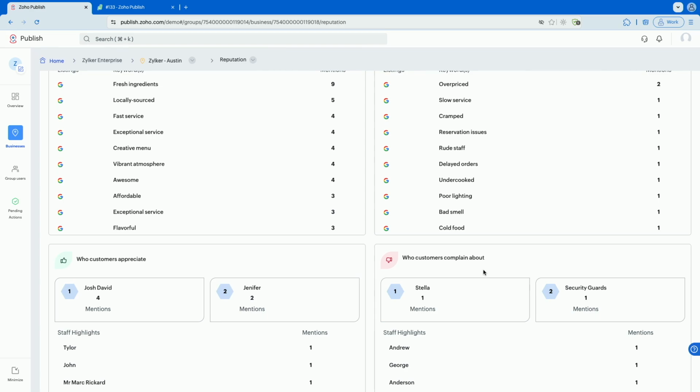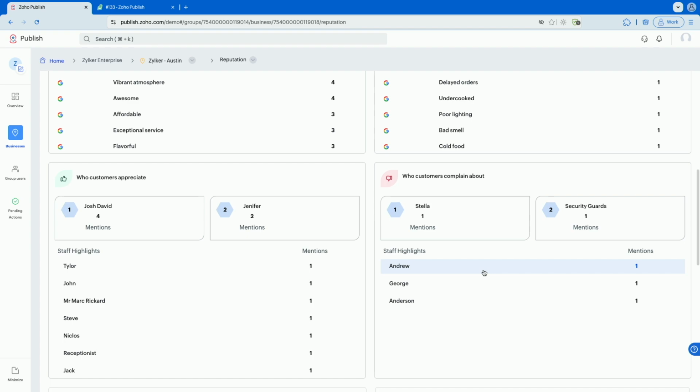The customer doesn't know your employee's name. For me, I don't even care about the employee name. It might be a character like a receptionist or a security staff. If they mention that information in Google reviews, you'll be identified in an analytics module. This definitely helps you to know about your business better, and it helps you to improve your reputation as well.